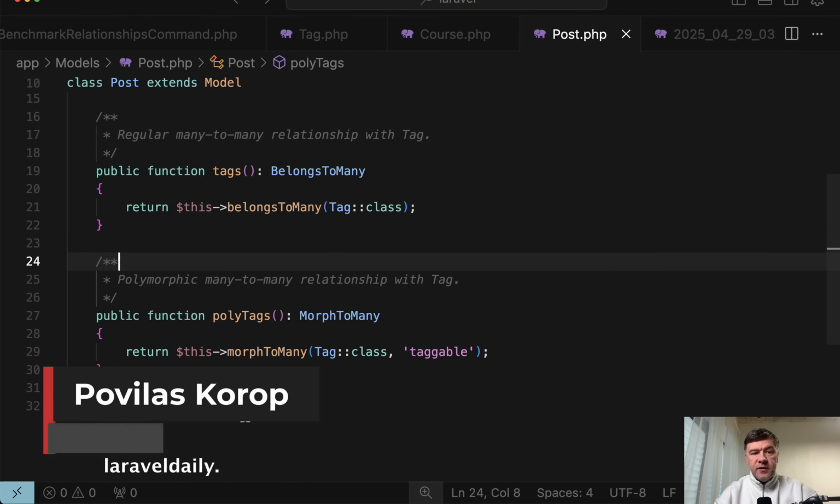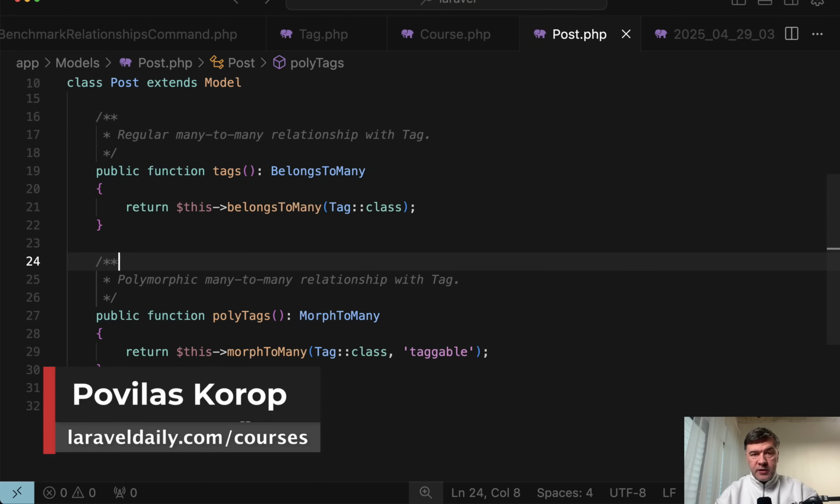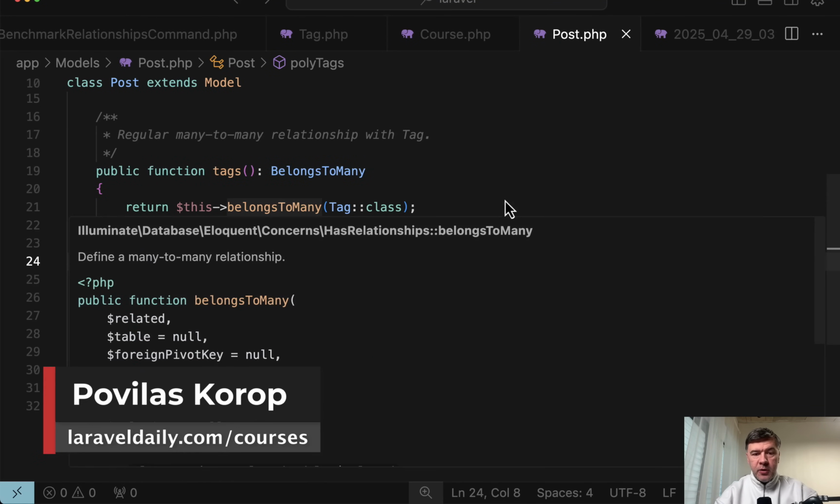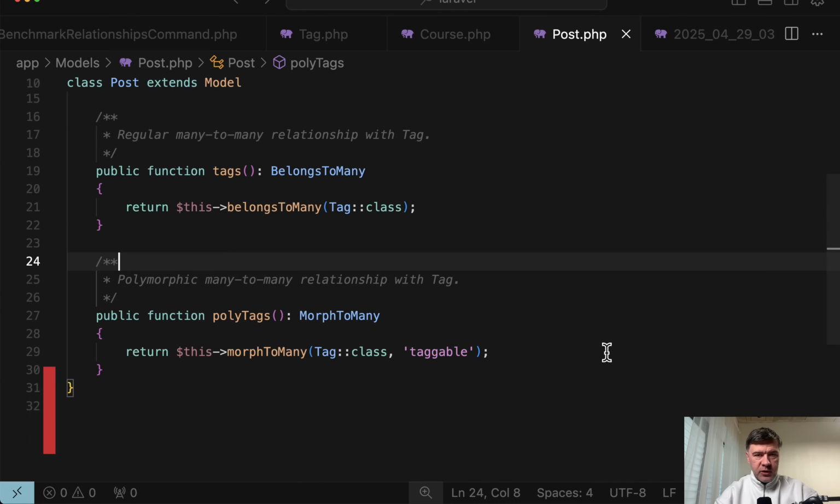Hello guys, in this video let's measure the performance of belongs-to-many relationship versus polymorphic relationships. So polymorphic are more flexible for the future, but they are by definition a bit slower. But by how much? So I decided to measure, and in this video I'm showing Cursor, not my regular PhpStorm,